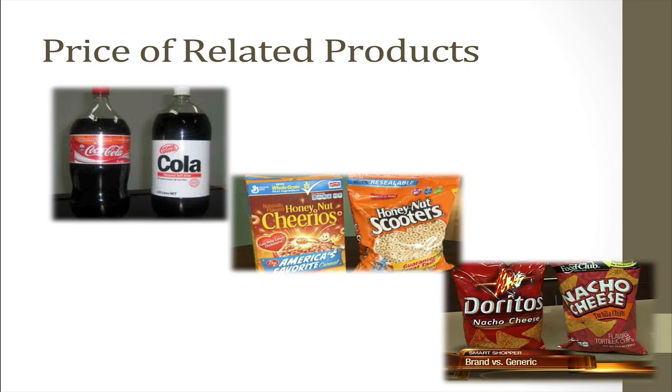And so if you really want that taste all of a sudden, but you don't have the money, maybe your demand changes. I really want Coke, but I just can't do it, so my demand shifts, and I start to pay for the house brand or the generic one. Now, of course, they may taste different, and maybe their packaging doesn't last as long, and maybe they're of inferior quality, but perhaps because of the price of the cheaper item, and you don't have enough for the name brand thing, then all of a sudden you find yourself buying the cheaper one. Your demand has changed because of the price of things that are basically the same. They're very similar. So if I can get one that's almost the same but a little bit cheaper, why not?